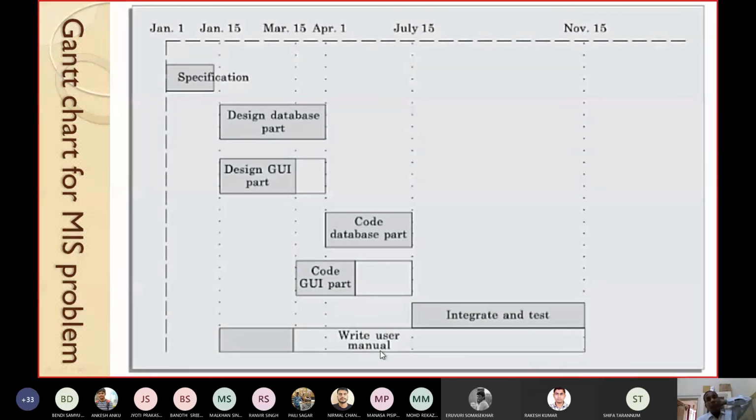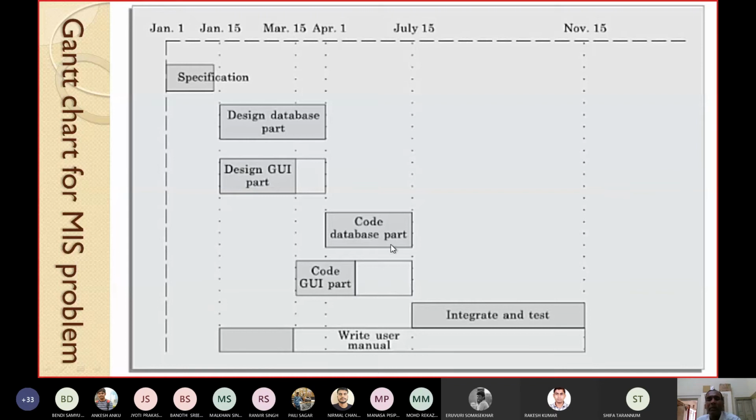Why am I showing this slack time? Because when you don't have sufficient employees, those things can be delayed a little bit. So this code GUI, instead of starting from February 15, can be deferred by these days. Anyway, this time is free here.